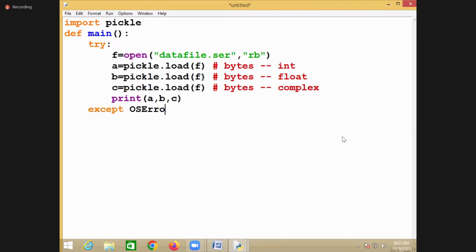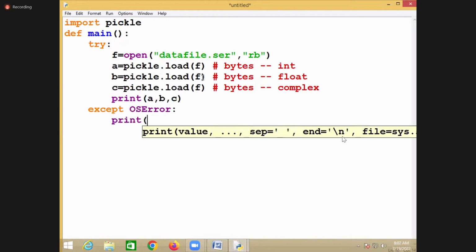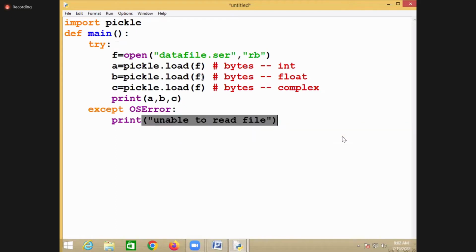There is an except block. So I'm trying to handle the error, OS error, unable to read the file. Then inside the finally block, you are trying to close the file by saying f dot close.